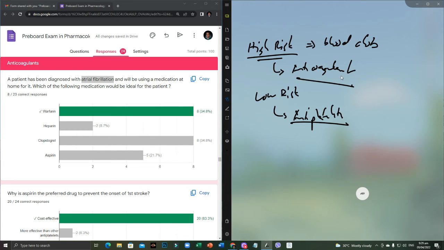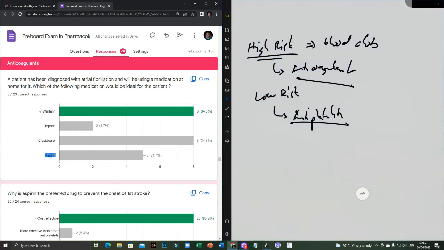I only have two options here, warfarin or heparin. Clopidogrel class is an antiplatelet drug. Okay, normally class, if you're going to use clopidogrel for atrial fib, you have to add another antiplatelet such as aspirin, the combination of the two drugs. Okay, but here class, we're only asking for one drug. Okay, so I'm only down to two options, warfarin or heparin. Heparin class obviously cannot be used at home because you have to give it intravenously. So hence, the only option I have here would be warfarin, which is available in its tablet form.